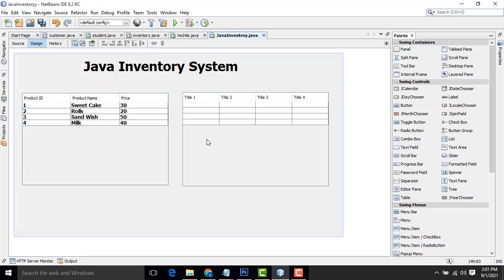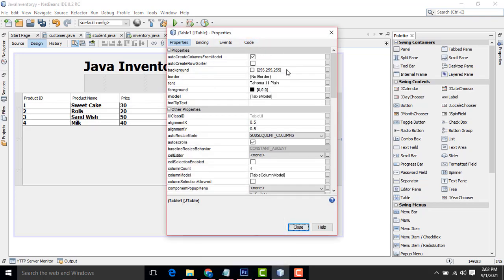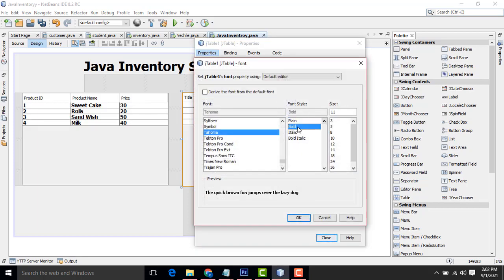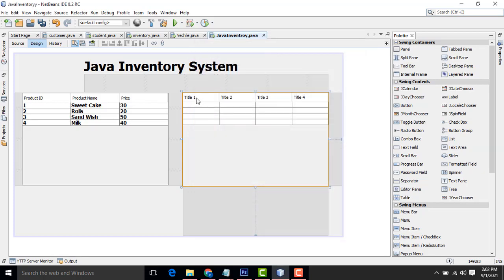After that, select this one, properties, font property, change to bold 14. For the second table we have to do the same thing.